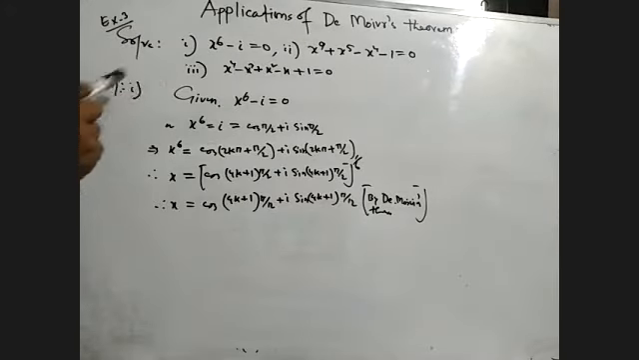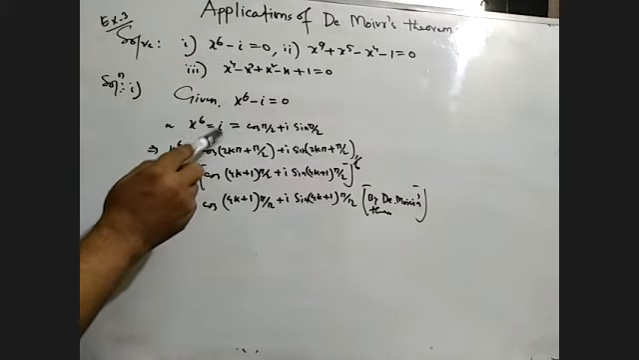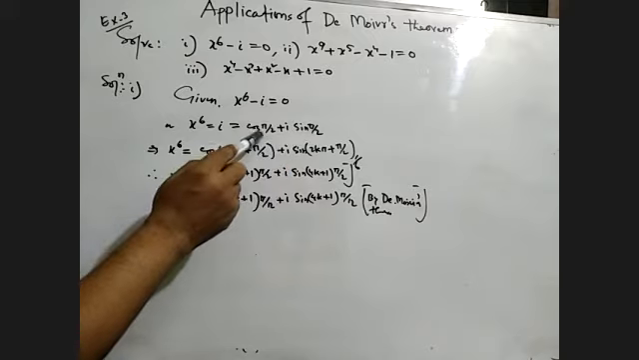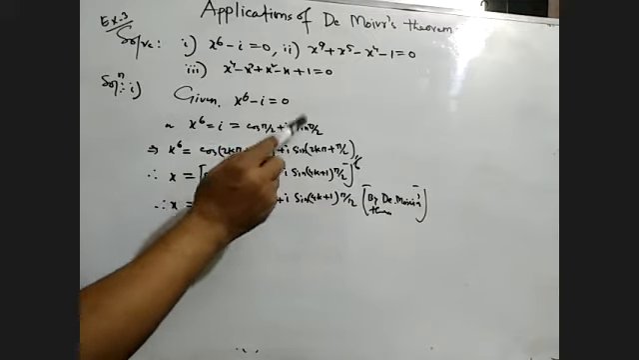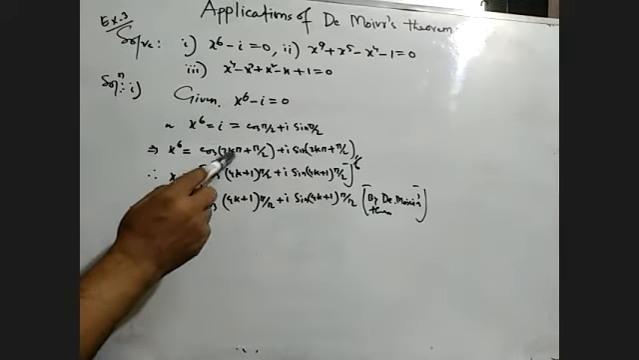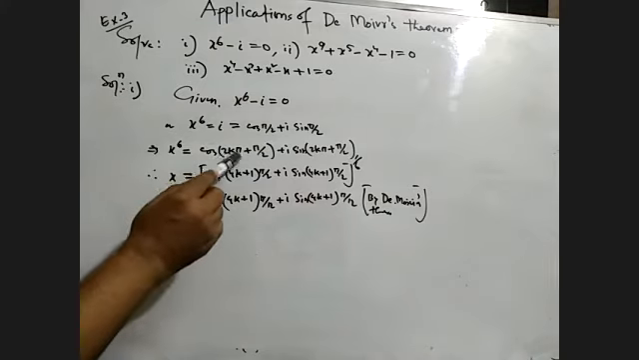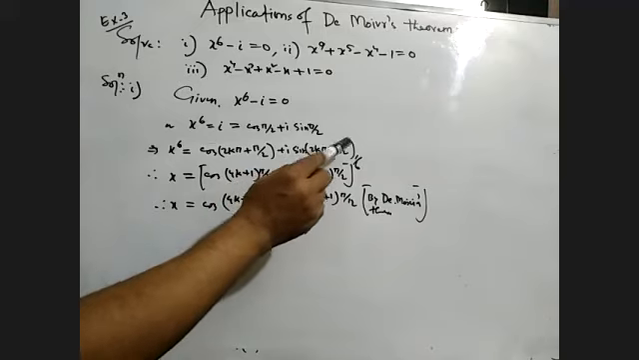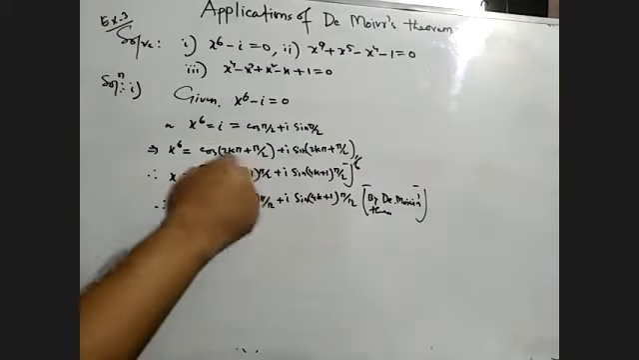So in the first one, given x to the power 6 minus i equals 0, so x to the power 6 equals i. And this i can be written as cos 90 degrees plus i sin 90 degrees, that means cos pi by 2 plus i sin pi by 2, because cos 90 degrees equals 0 and sin 90 degrees equals 1. So x to the power 6 can be written as cos of twice k pi plus pi by 2 plus i sin of twice k pi plus pi by 2, for finding all the roots. So x equals, taking the sixth root on both sides,